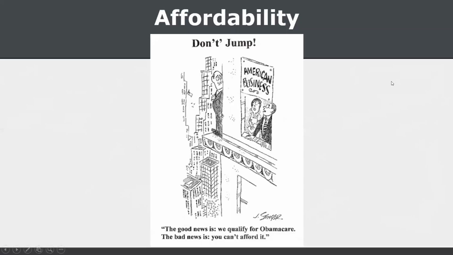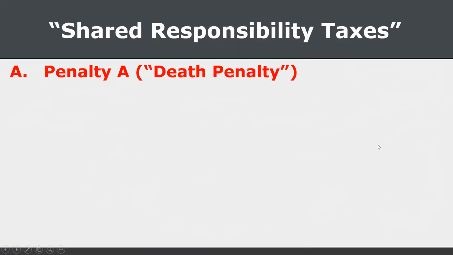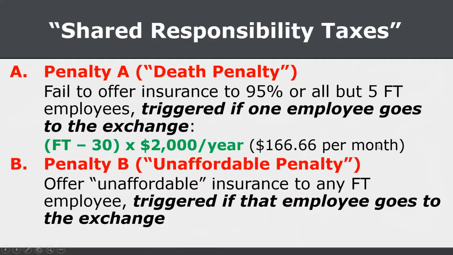All right. So the affordability stuff real quick, we're just going to put this on the screen only for purposes of talking about, you've heard us talking about this penalty A and penalty B that have existed. Look at the bolded part here. We're not going to talk in specifics about how those are triggered at this point or how those are assessed. But the thing to remember is if you potentially owe this death penalty because you failed to offer insurance to enough of your full-time staff members, that penalty can be triggered if only one person goes to the exchange and